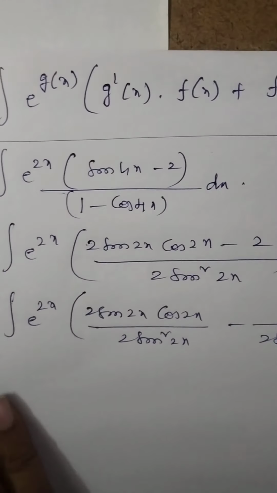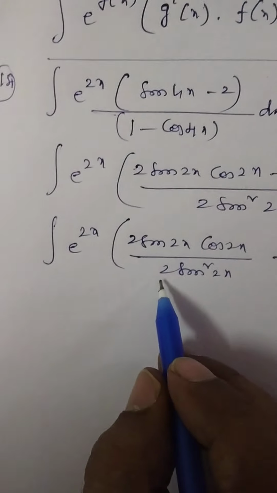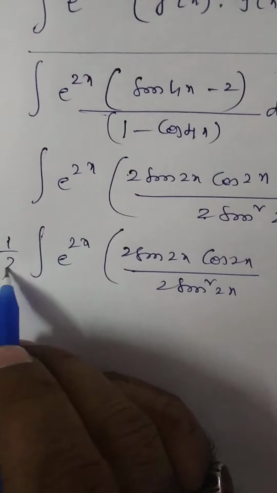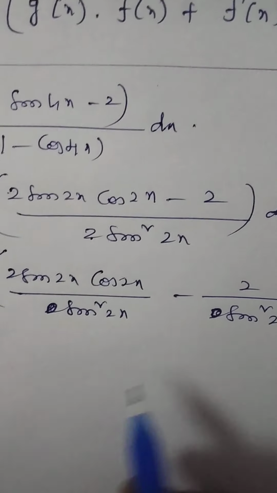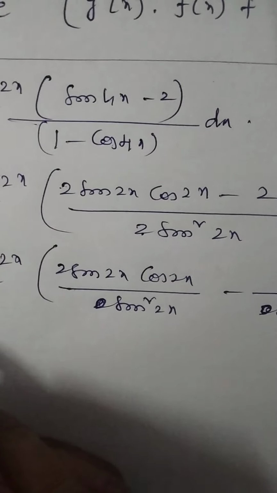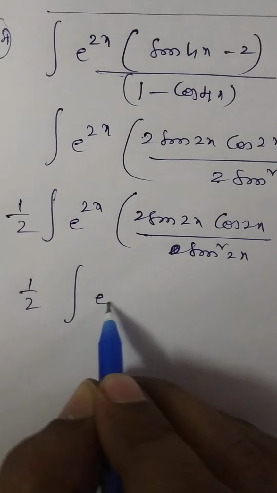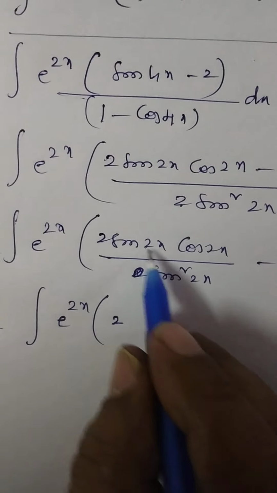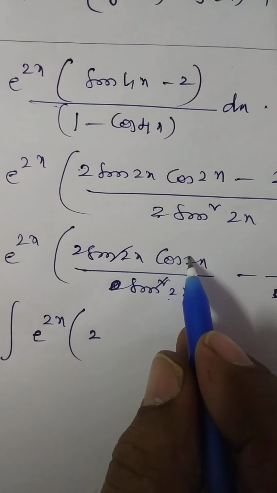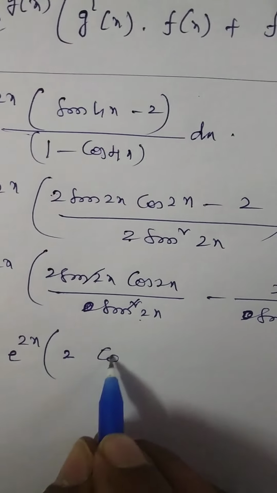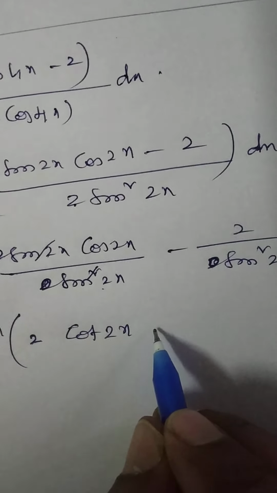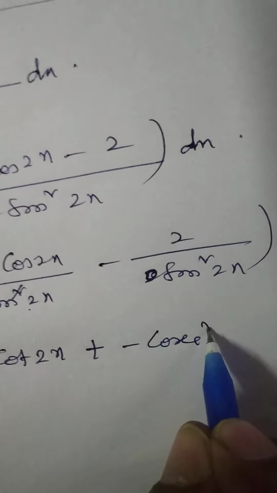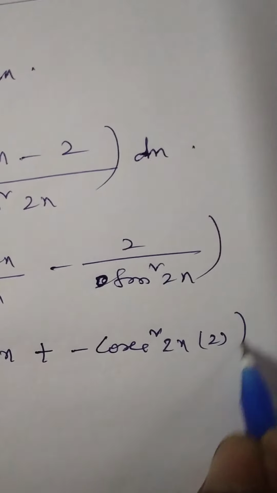Okay. So here, I am taking these two common before itself. These two whatever we have, I am writing as 1 by 2. I am not going to write this 2 here. Why? Because in the formula we need it, that's why. So half of integration of e power 2x into 2 into, now sin 2x, one more sin 2x we can cancel. So cos 2x by sin 2x is equal to cot 2x, minus cosecant square 2x, into 2 dx.